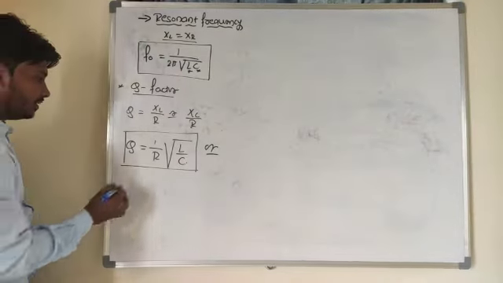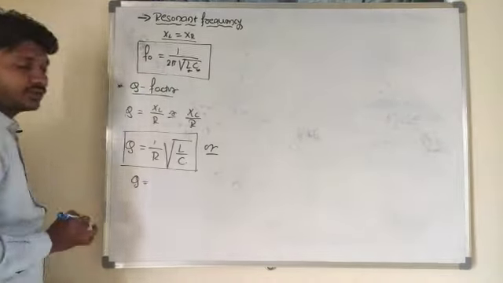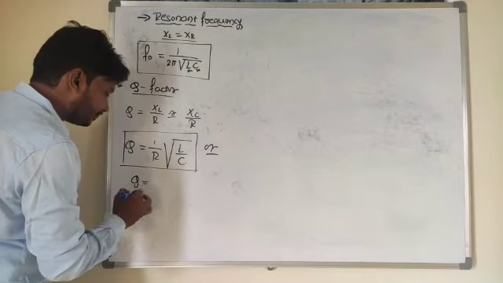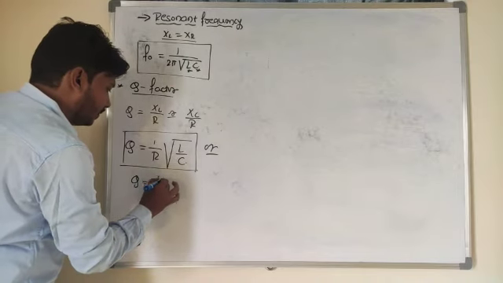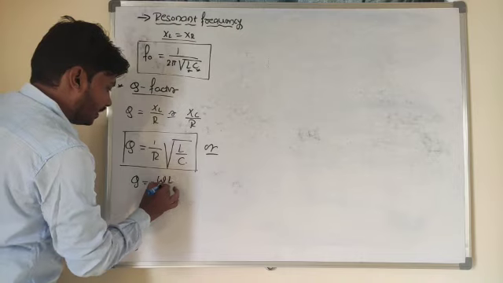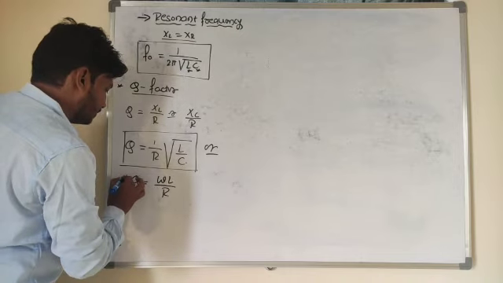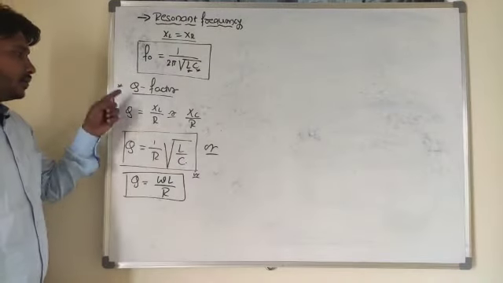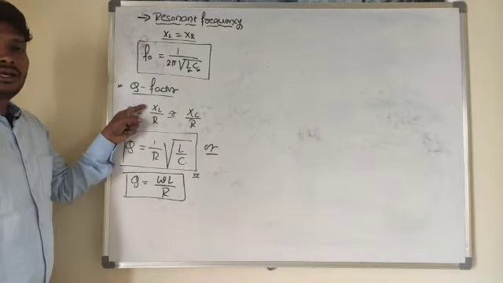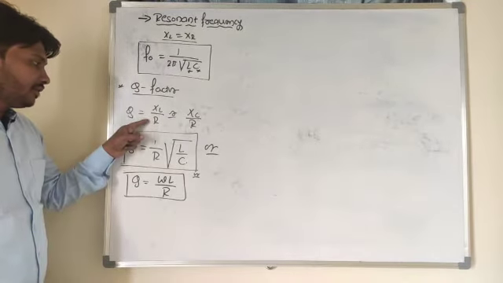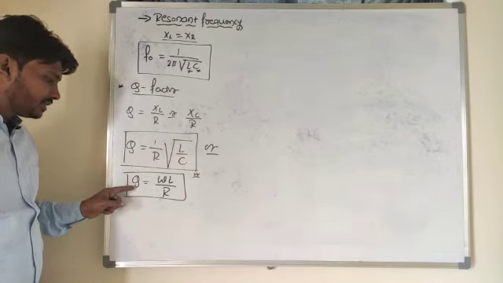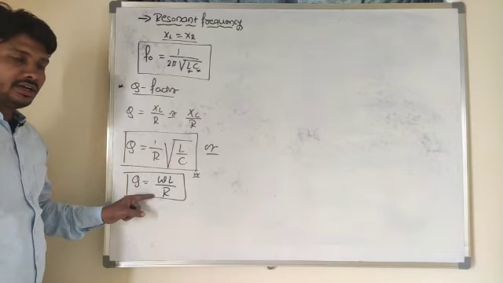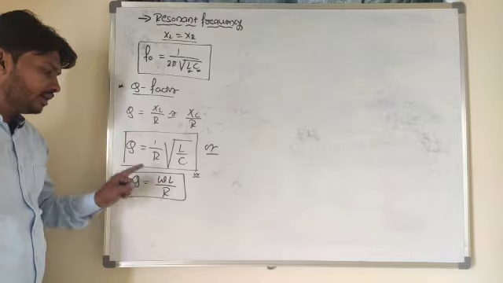Or another way I can define it, it is the ratio of bandwidth to that of resistance. So Q is equal to omega into L divided by R. So this is the expression for the quality factor. So Q factor means it is the ratio of inductive or capacitive reactance to that of resistance, or one more equation I can say, Q is equal to omega into L divided by R.